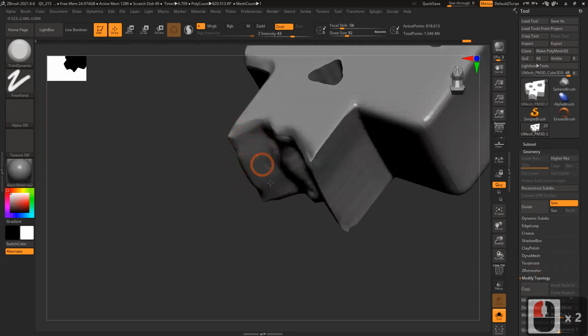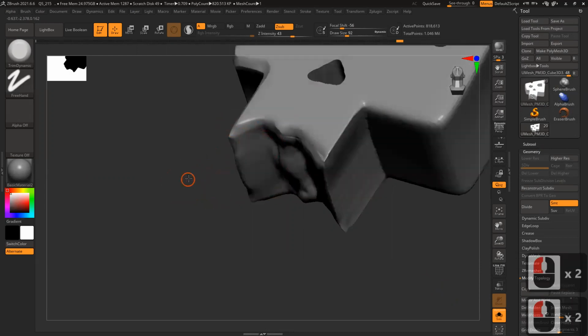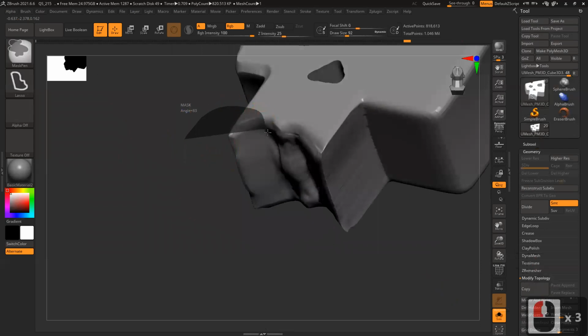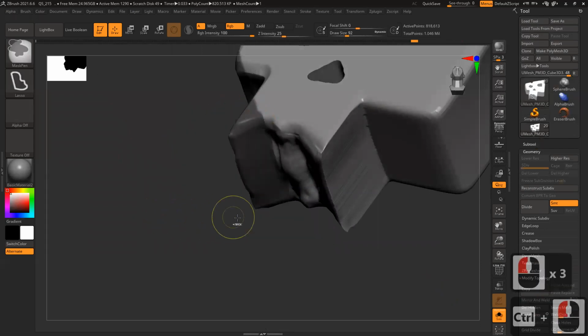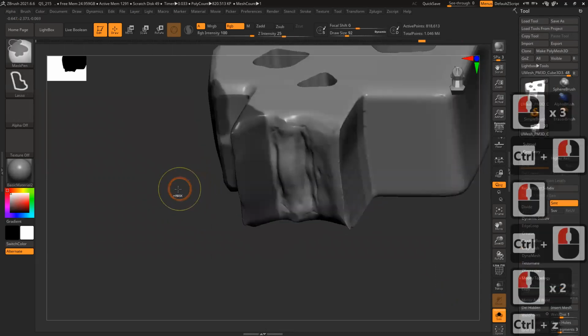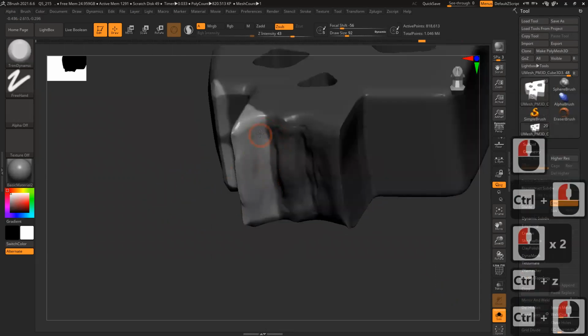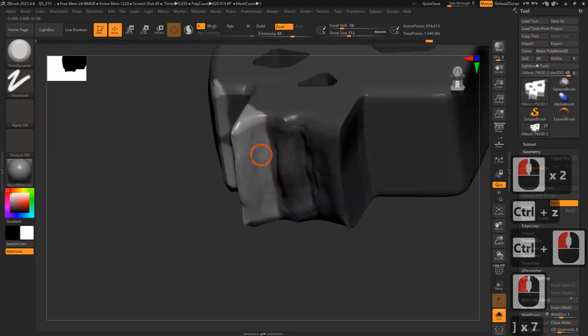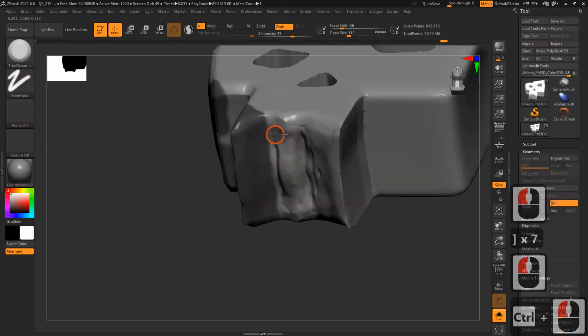Now flatten the surface. If you have any difficulty, you can always mask and invert and flatten the surface. Make it clean, invert.